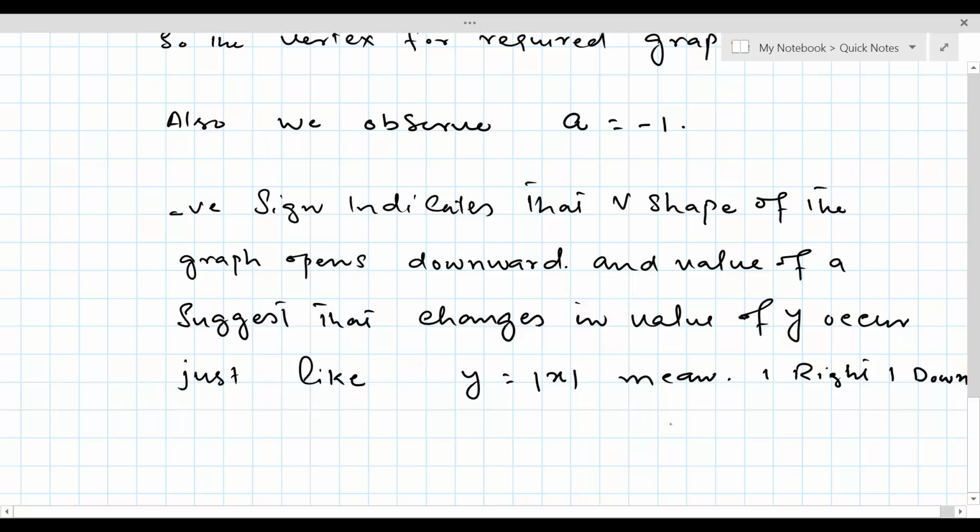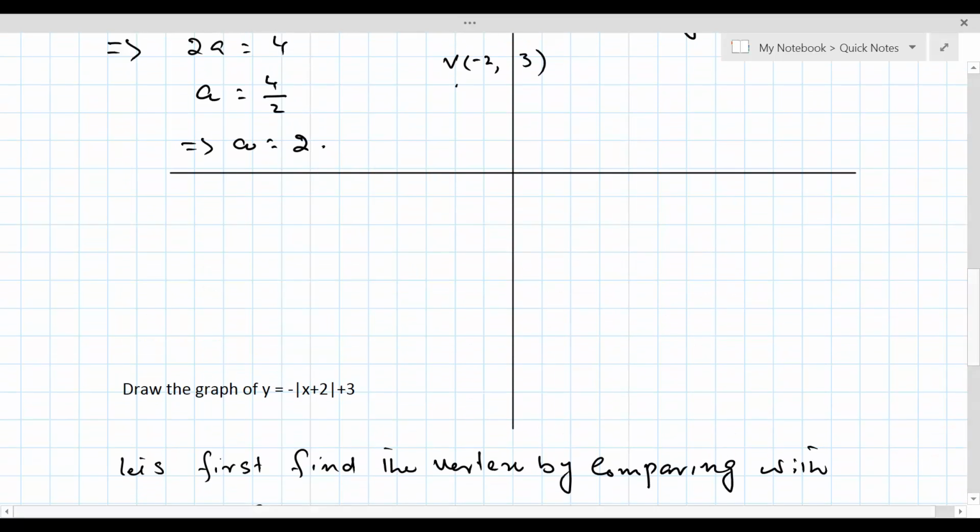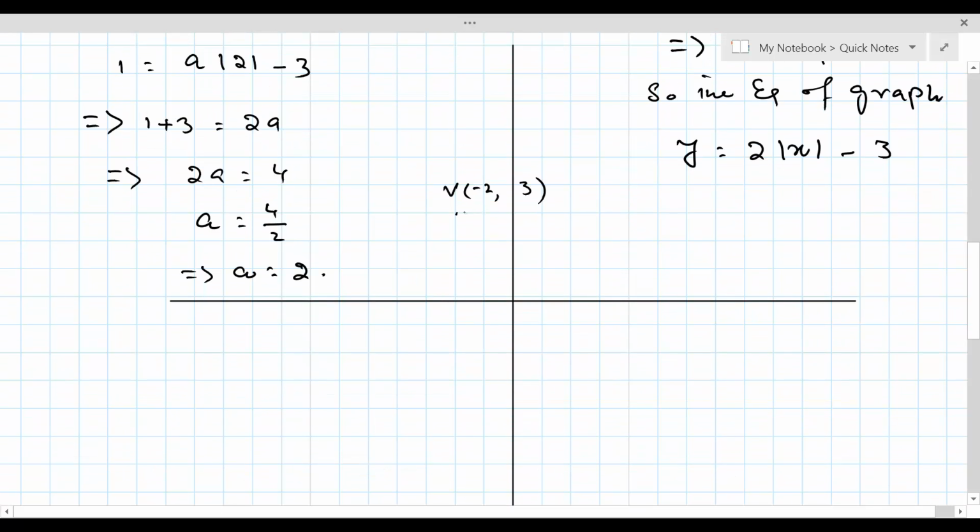Because of the negative sign, it is one right, one down, one right, one down, one right, one down, and one left, one down, one left, one down, and that's how we get the shape of the